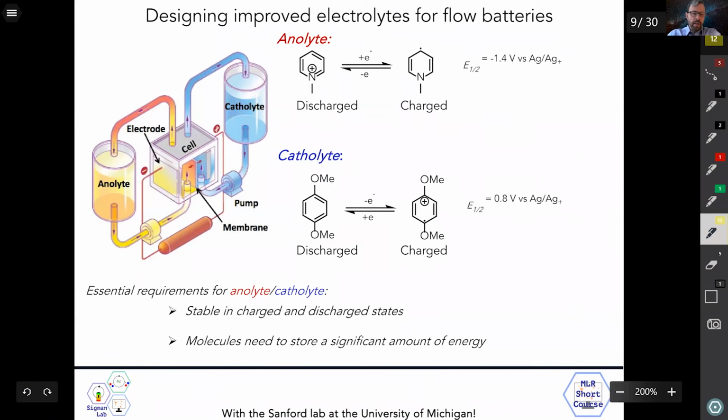So first, I want to tell you a little bit about a flow battery. Essentially, in a flow battery you take something that can be reduced, an organic molecule called an analyte, or something that can be oxidized, another organic molecule called catholyte. These two molecules are stored in tanks, and that's depicted here. And these tanks are connected to an electrochemical cell by which you flow the electrolytes in one direction to charge them